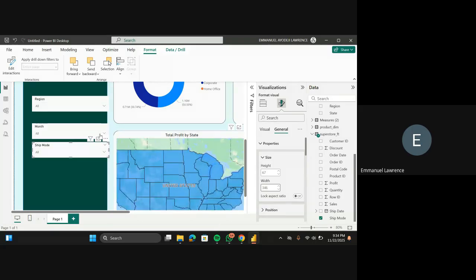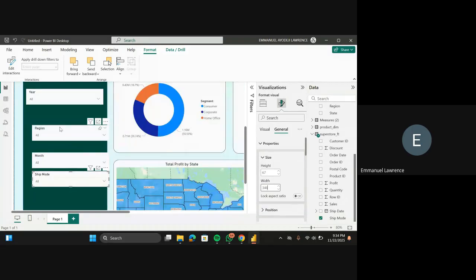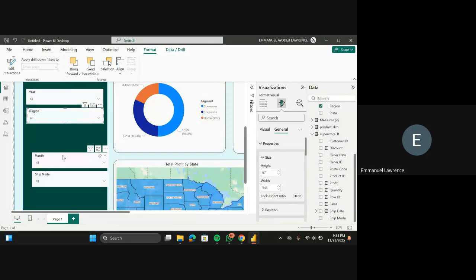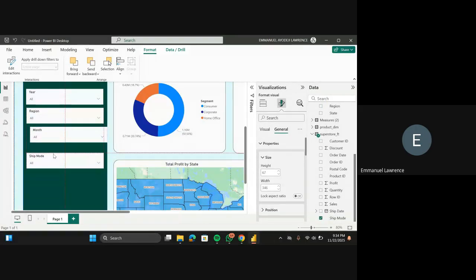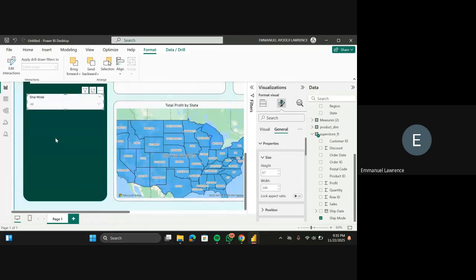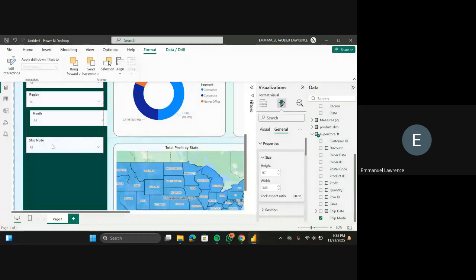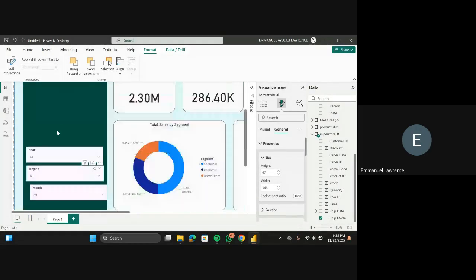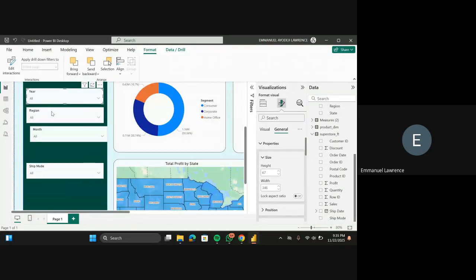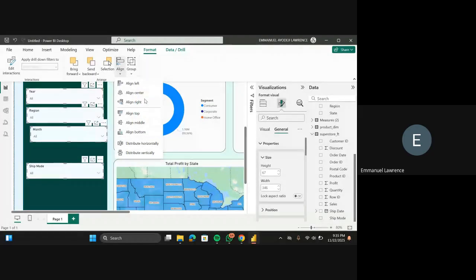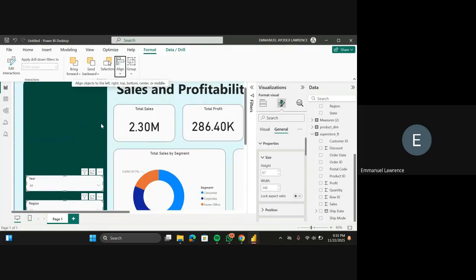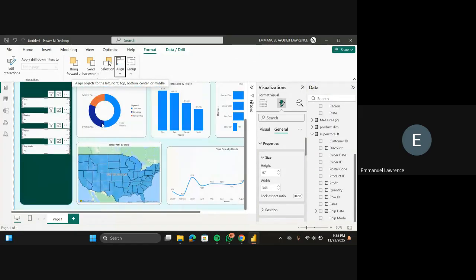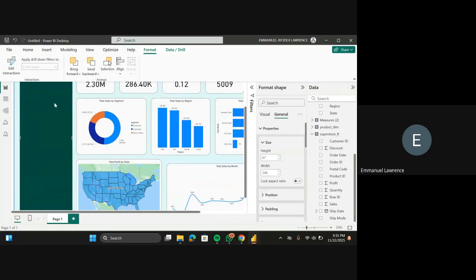We're almost done, almost done. So now with that being done, then let's take this here, take this here, take this here. So I want the last one to be this one, right? So the last one is going to be here, right? Okay. So now I'm going to be aligning. So let me do it here, so that it can be more space. So I'm going to be aligning everything to the left so that I can follow the alignment of the year slicer. I'm also going to distribute vertically so that I can all have equal spacing. So can we all see? This is well distributed vertically. So now this is this. Now we're going to be separating them.